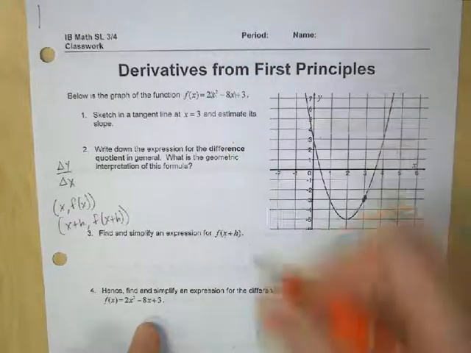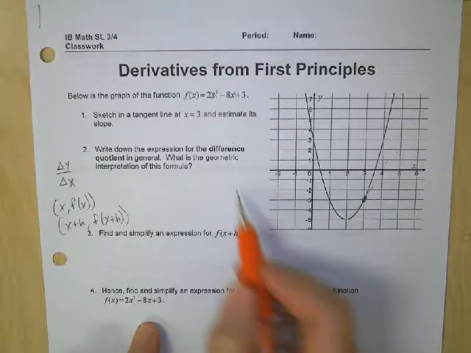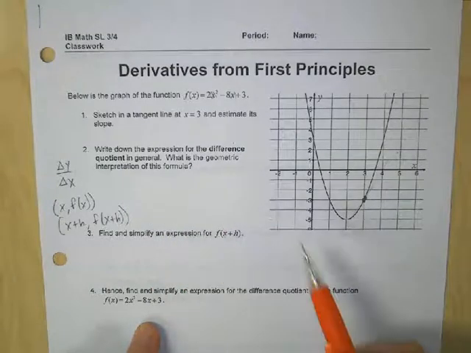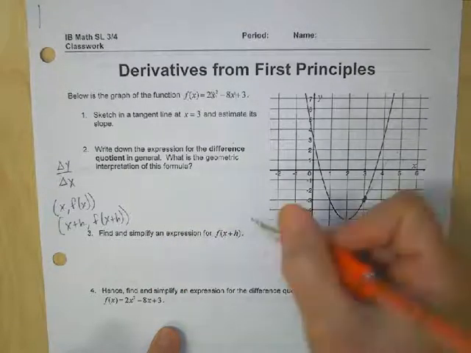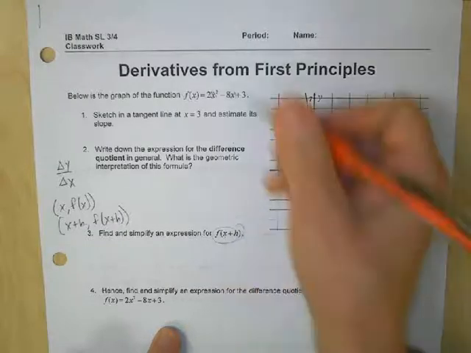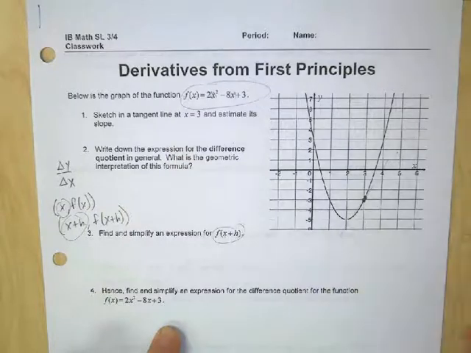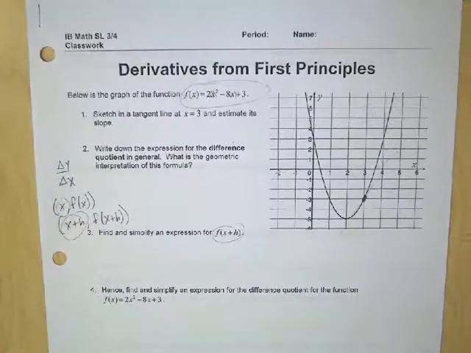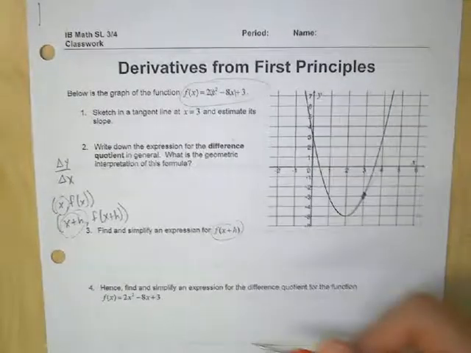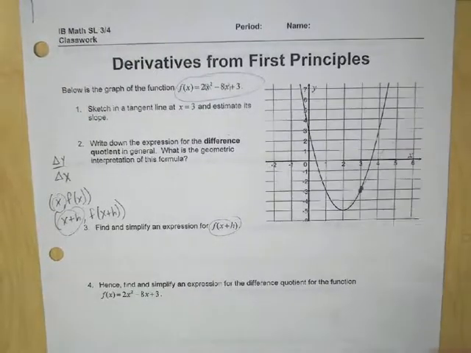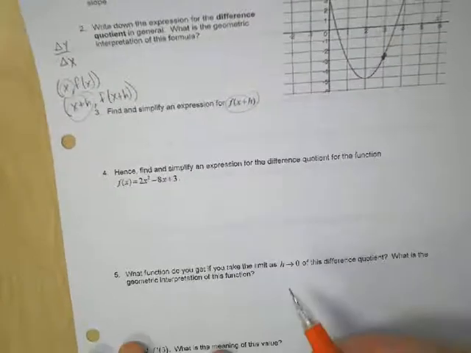Then you're going to use your difference quotient. Okay, use that fraction to substitute in. You're going to substitute in this, this, and this and this into that fraction, just like we did in class, and then simplify it. Okay, once you simplify that, you're then going to take the limit of that as h approaches 0,